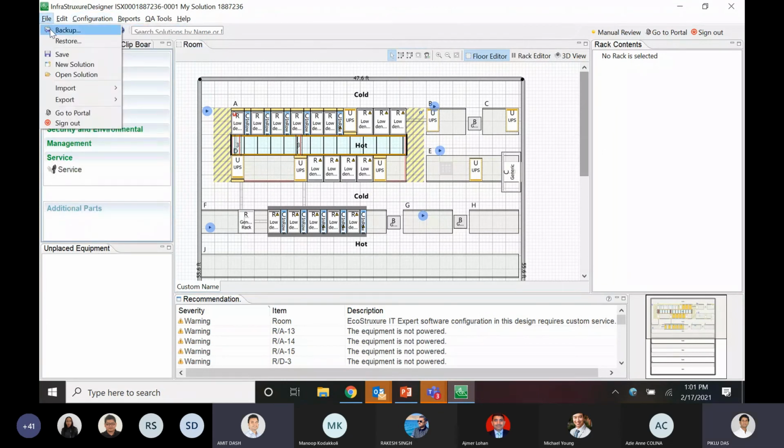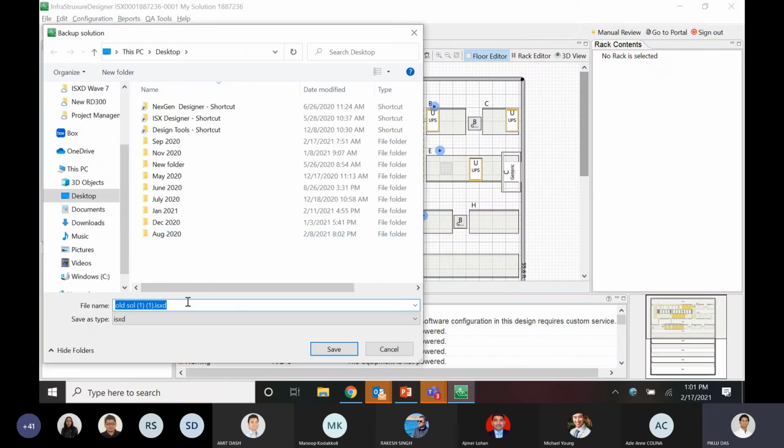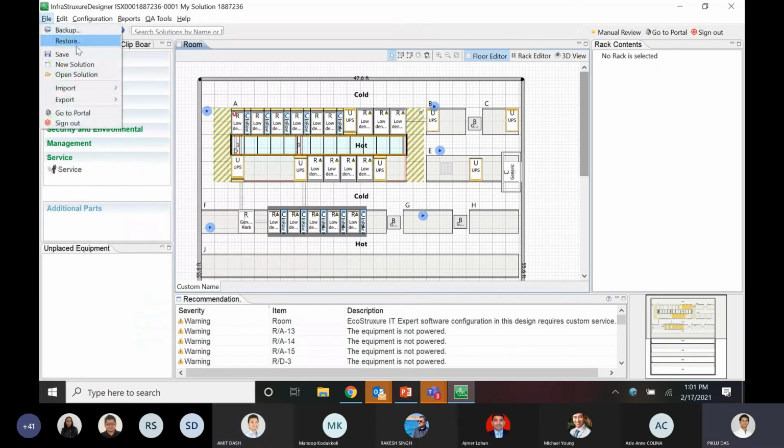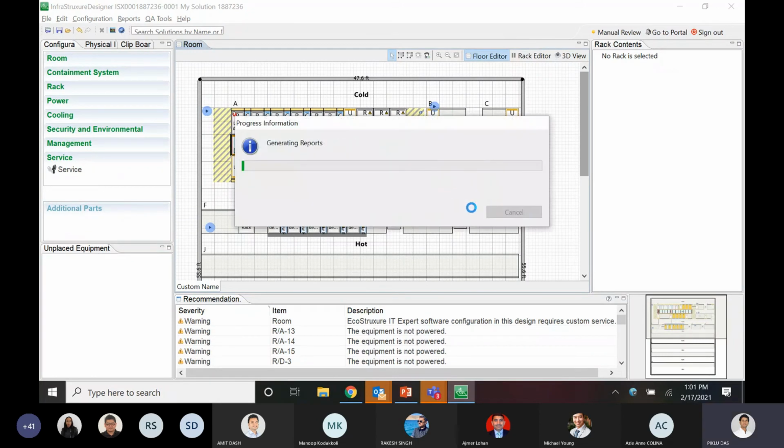You can also take a backup of this particular solution design and share it with your colleagues and subordinates. If they have ISIC designer in the system, they can directly restore it. Like, if I have to quickly show a demo, let's take a backup of this design. The only thing is that with this feature, you will have to create a solution only for the particular country.